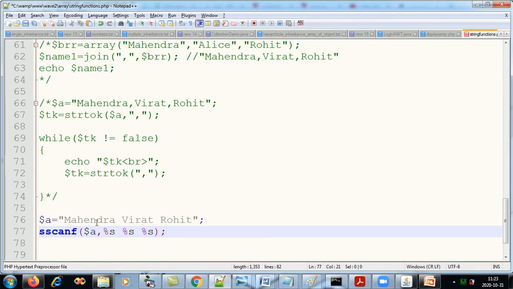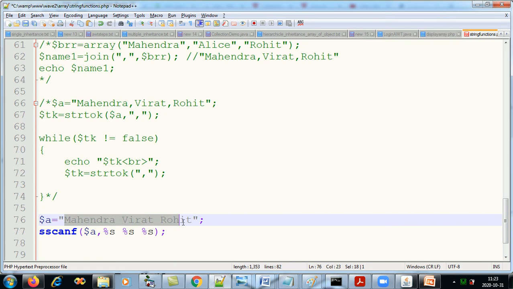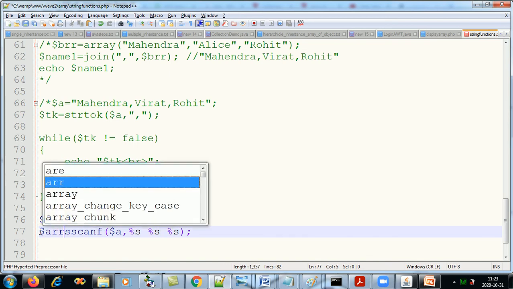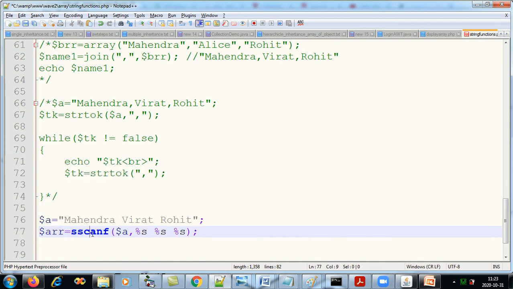Clear? So this string will now be scanned and put into an array on the LHS. I'm scanning this string, which has string, string, and string, so S, S, and S separated by spaces.